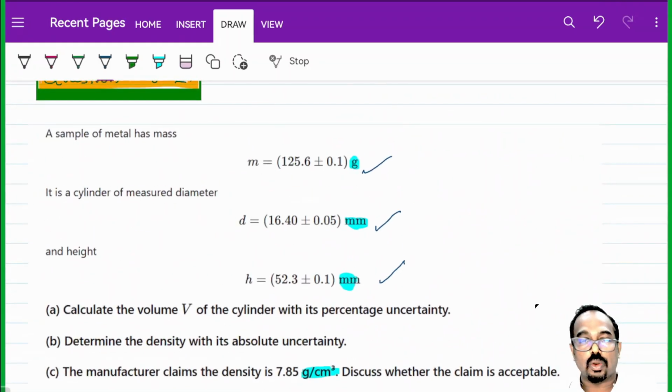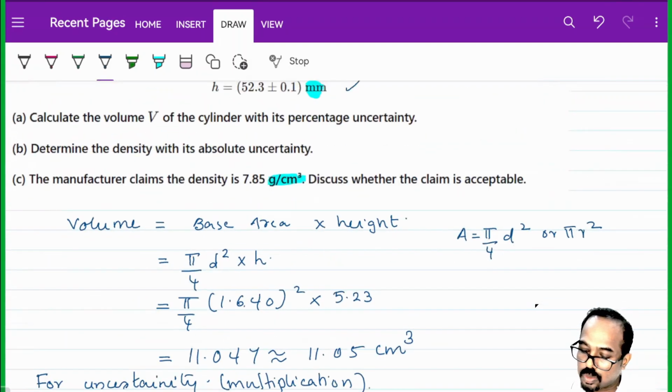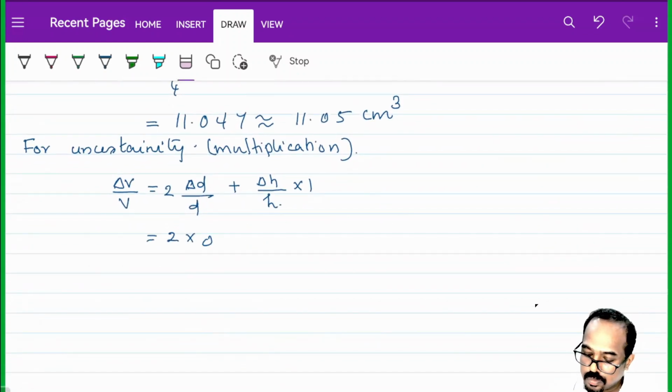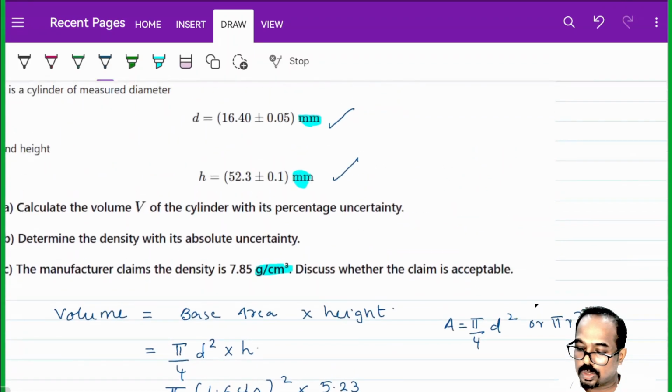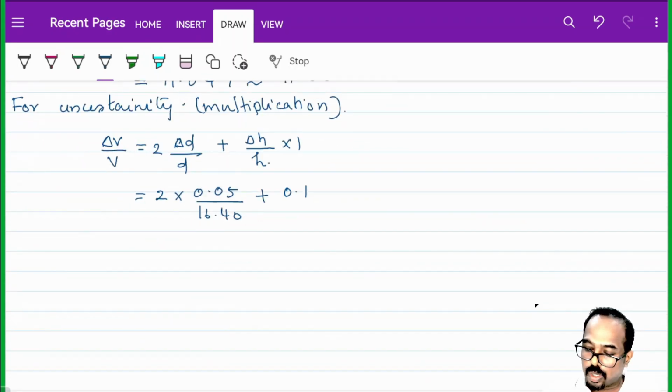0.05 divided by 16.40. If you are substituting the value, you don't need to convert here, because if you convert also, that will get cancelled. So these values you can directly substitute from here. 0.05 divided by 16.40 plus delta H. What is that value? Delta H is 0.1, the absolute uncertainty in the height, divided by 52.3. When you substitute all these values into your calculator, you will get